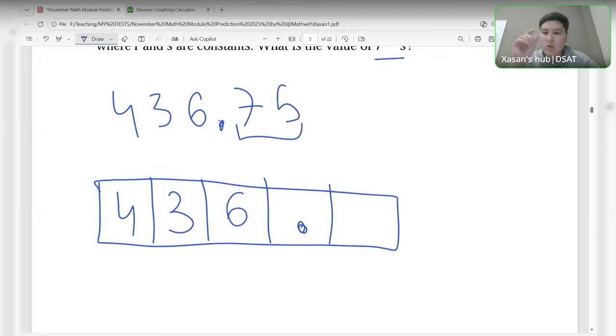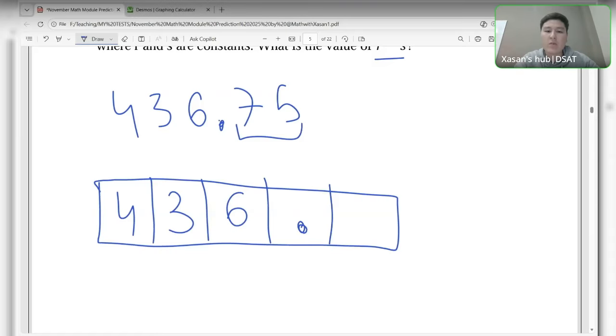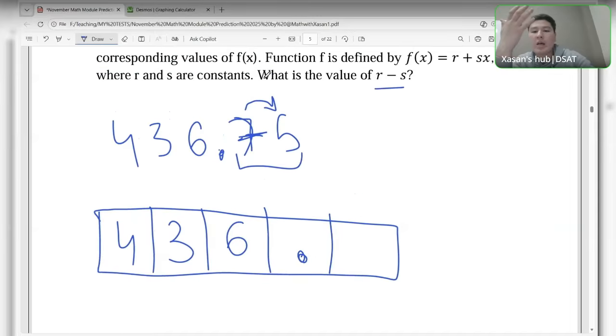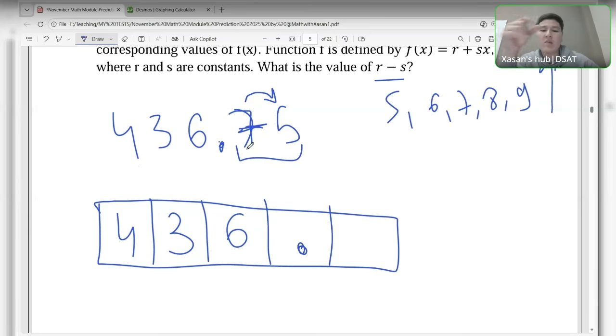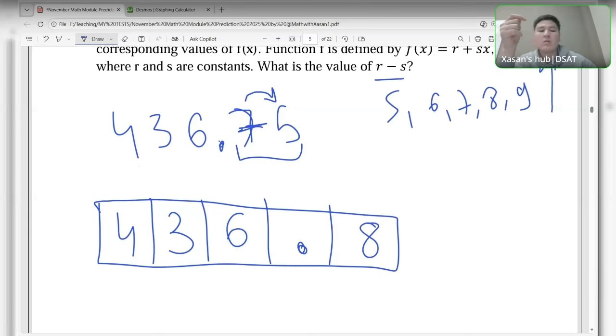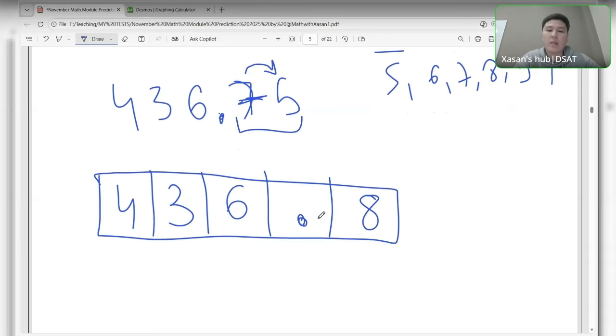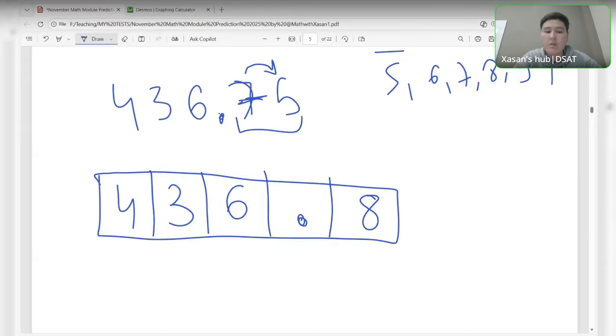So that means you have to round now. Someone asked, when do I know how to round? Here, guys, if your answer does not fit into the given space, you have to round. And we have 7 here, right? We have to round that 7, and we look for the 5. And if it is 5, 6, 7, 8, 9, you will round up. Here, 75 will be 8. That's all. 426.8 is the final answer here.